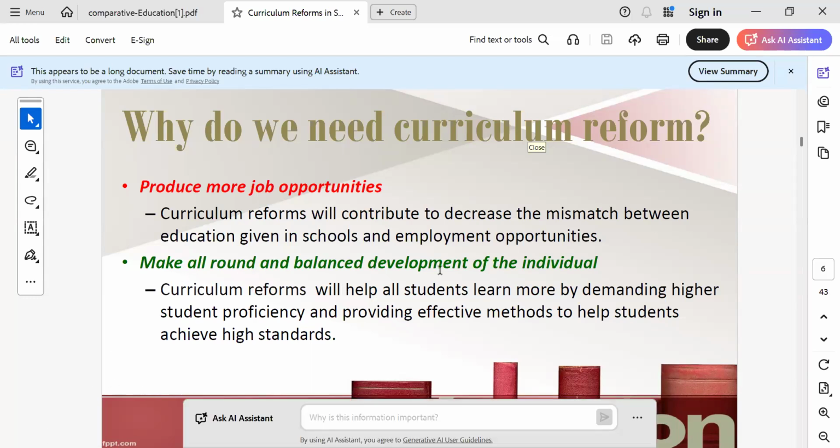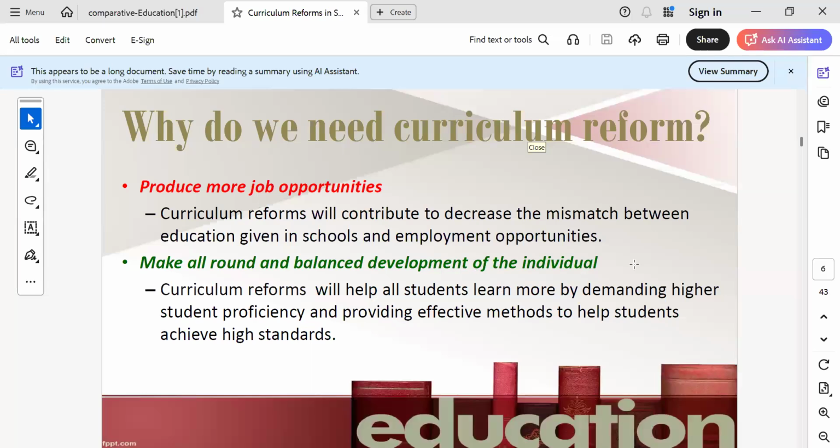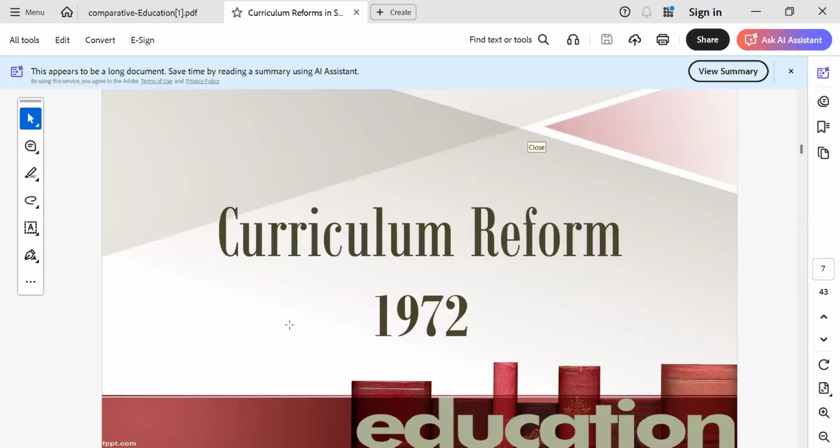And make all-round and balanced development of the individual. Curriculum reforms will help all students learn more by demanding high student proficiency and providing effective methods to help students achieve high standards. Right? So these are the things we prepare for the reform. We need curriculum revision, right? So now we are moving to curriculum reform 1972,